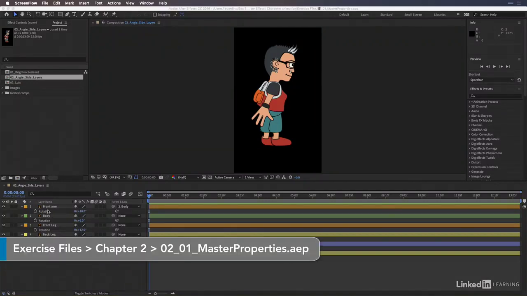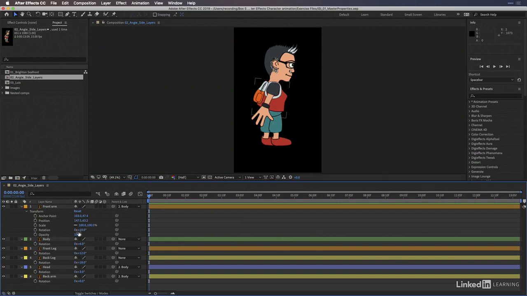So here we have our little character ready to animate. Now I could go into the properties as I do with other layers and just animate the body parts individually, but it becomes quite a messy process to do that. So I'm going to show you how we can use the master properties to create a kind of simplified rig